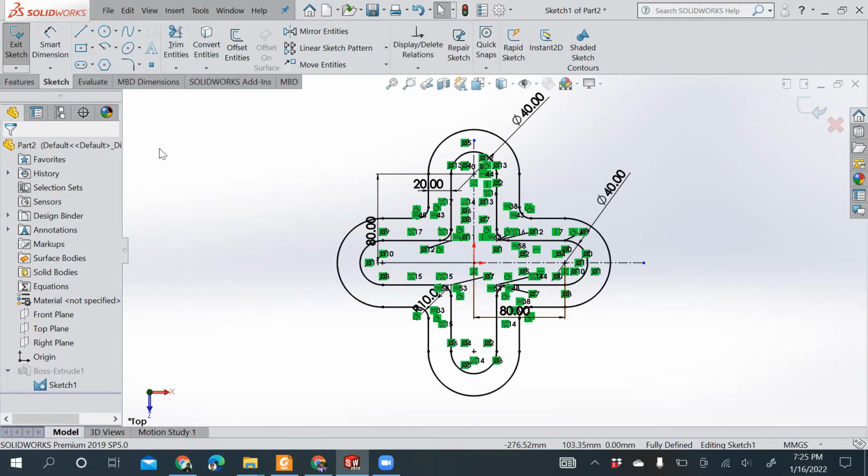I have chosen this figure because it talks a bit more about different sketch tools, such as the mirror entities and the offset entities. To start with, just to acknowledge the fact that this figure is symmetric about its axis, we will start with a quarter sketch of this figure, just to save our time and effort, and to see how the mirror entities work and how they can help in our sketching.